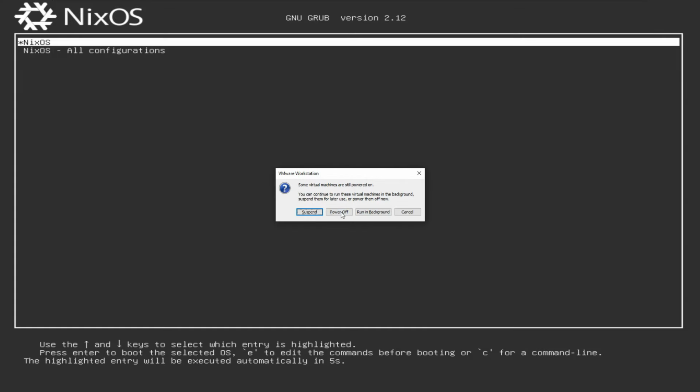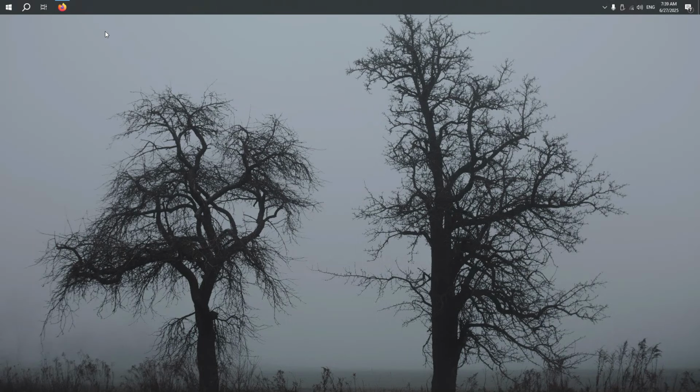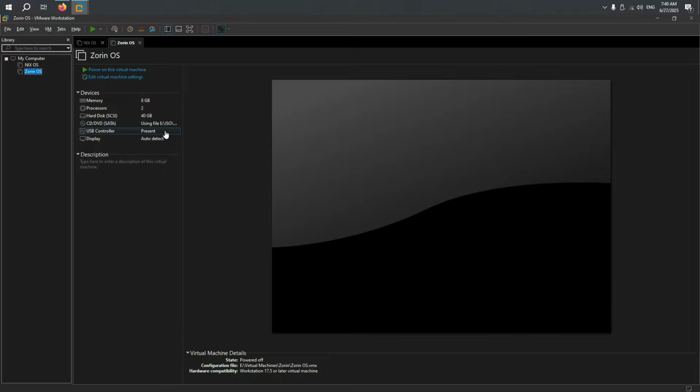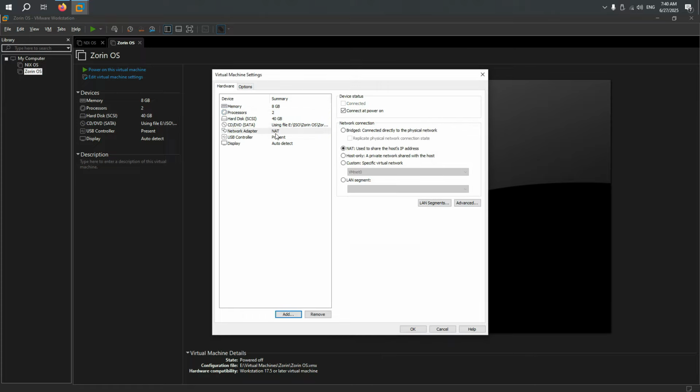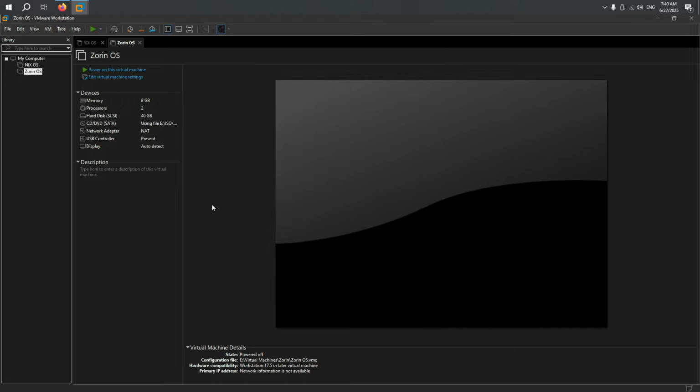No. That's not what I meant. I meant to open the other one. VMware. Thank you, Zorin. And then here we have no Wi-Fi adapter. Wait, did I delete the Wi-Fi adapter on my trip? I probably did. Huh. Okay. So, add network adapter. Yes, thank you. And now I believe we have Wi-Fi. Yeah, I can bridge that thing. Or you know what? Just keep it like that. All right, we're good to go.